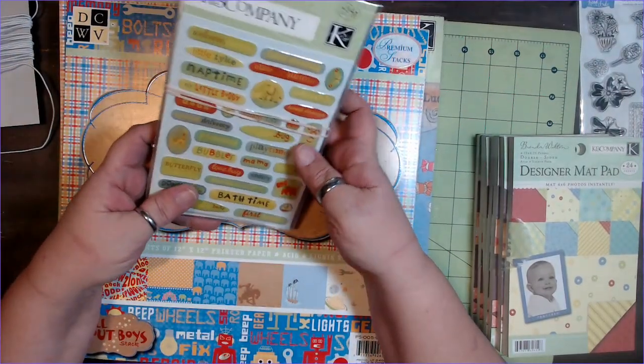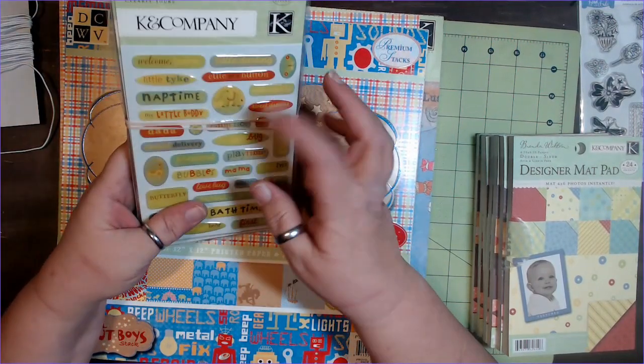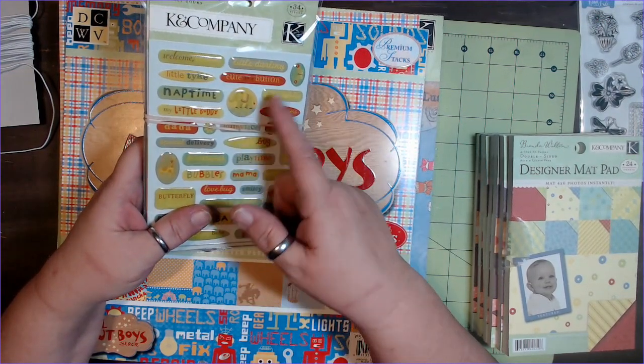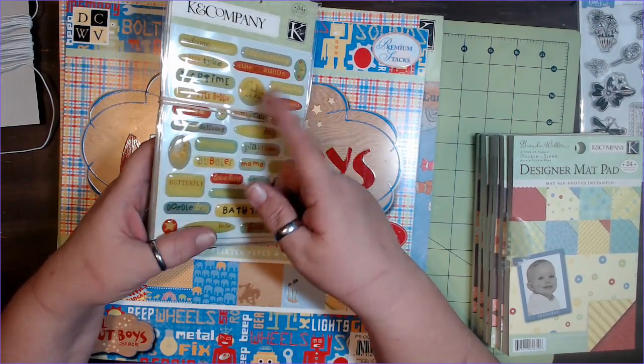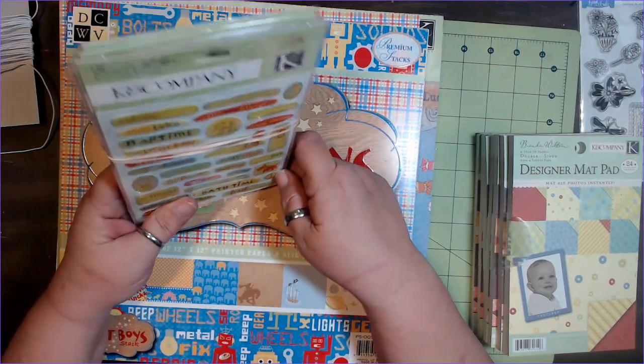We've got these before. There's some enamel alphas in here in the same color scheme, and these little enamel pieces here with like the elephant and the butterfly and the giraffe and doodlebug and bath time, and they're kind of little kitty, little boys,